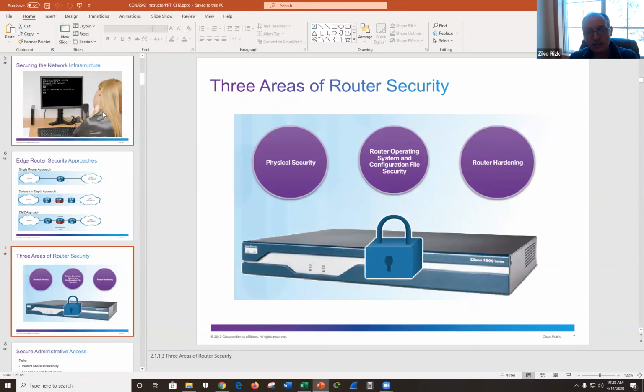So physical security, by now you all know there is no security without physical security. The next lab we're going to do is to secure the operating system and the configuration file. And router hardening, server hardening basically means make them more secure and improve the uptime. This is what hardening means. Do whatever you need to do to ensure that that service is up and secure.